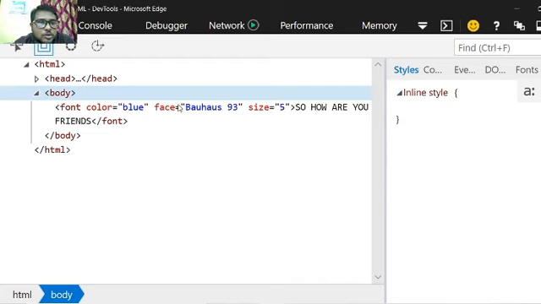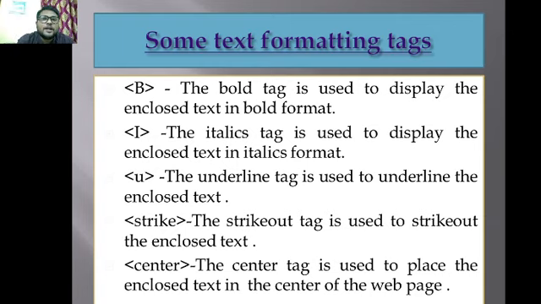Then this is, I think, the last part. Some extra text formatting tags. The first one is the B tag, the bold tag, I tag is the italics tag, U tag is the underline tag, strike tag and center tag. The B tag is used to display the text in a bold format.